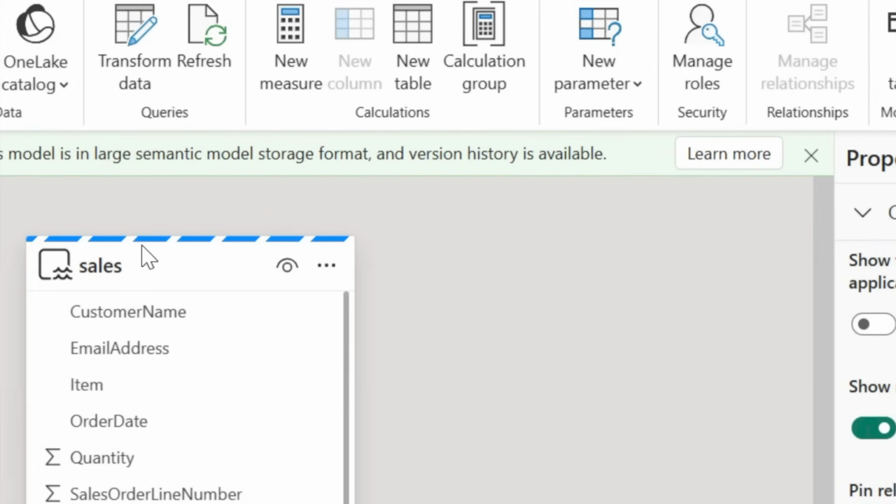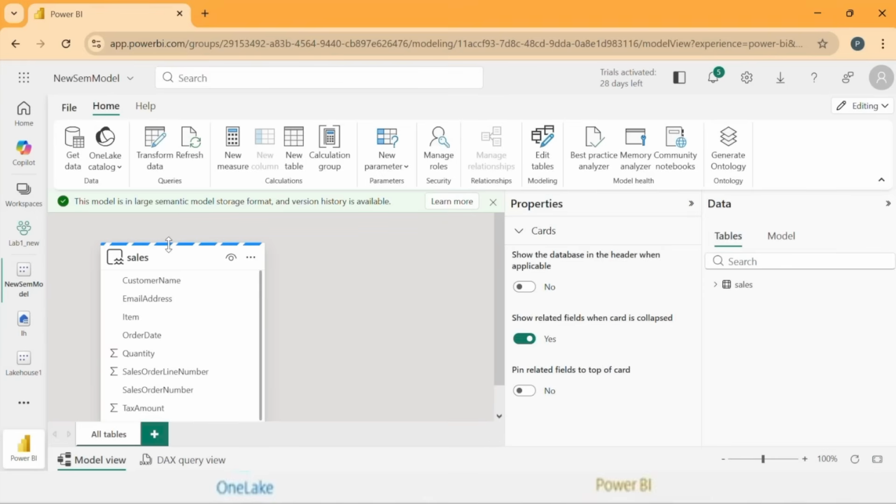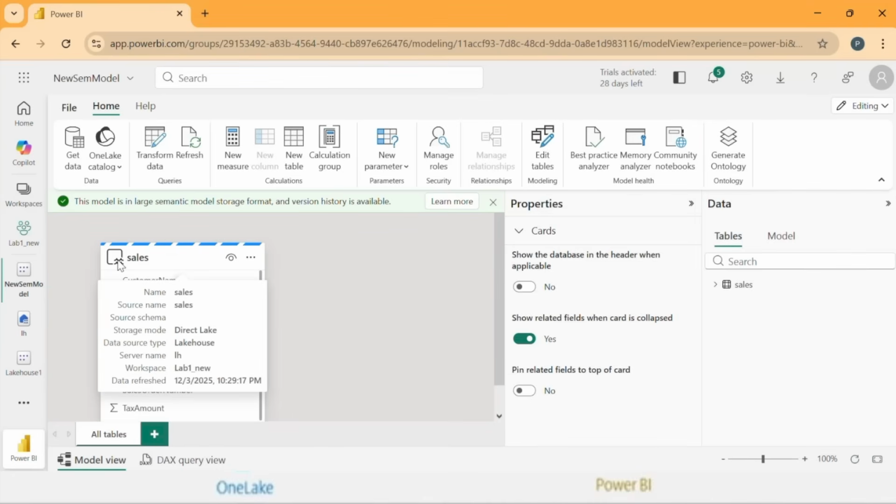We can see a river-like structure here. Now, this Power BI report is actually connected through the direct lake mode. We can also observe in the tooltip given by Power BI that this is connected as a direct lake mode.